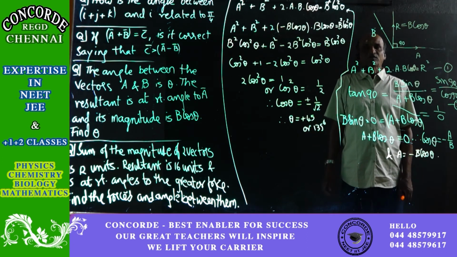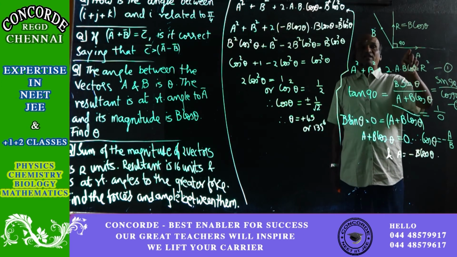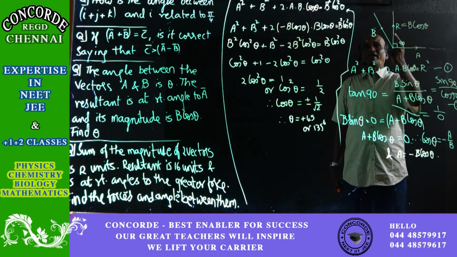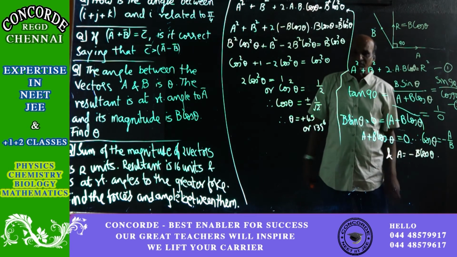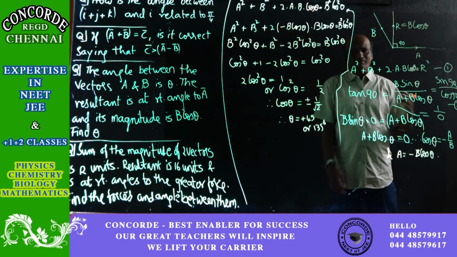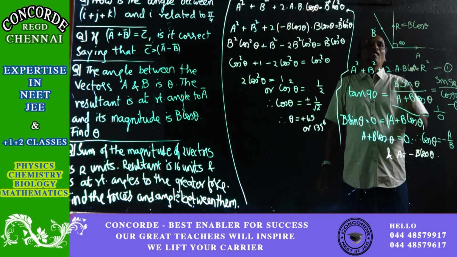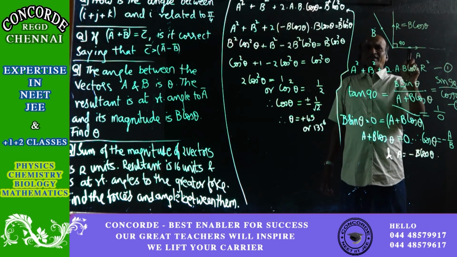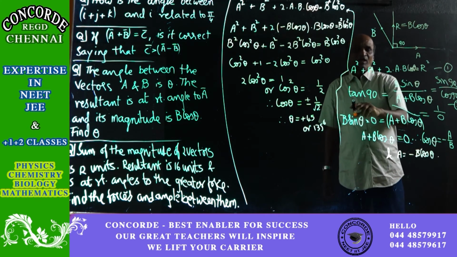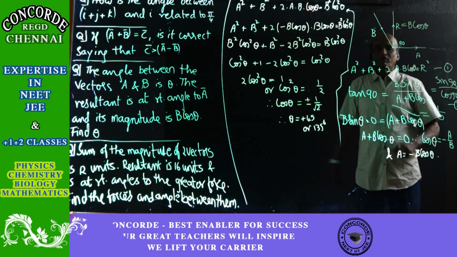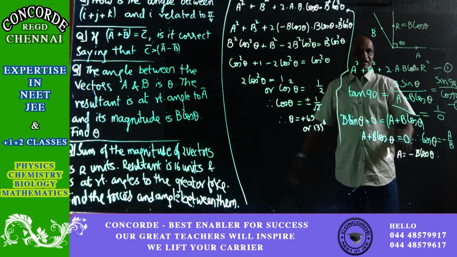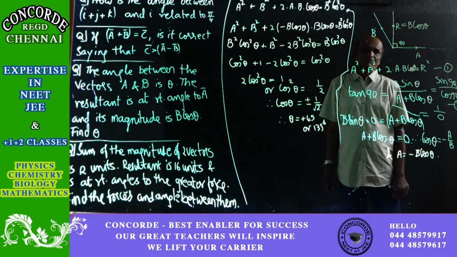is equal to the resultant r square. The other one is that given in the question, the resultant is making an angle of 90 degrees with A. Right angles means it is of course 90 degrees. And for the resultant, when you try to use the mathematical equation, we know that the direction of the resultant, that is 90 degrees here, is given in this form. Tan 90 will be equal to b sin theta by a plus b cos theta. All this we have studied umpteen number of times before.